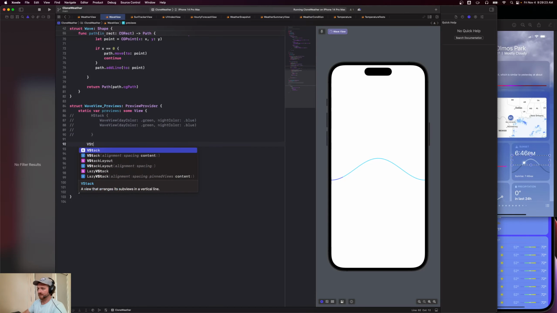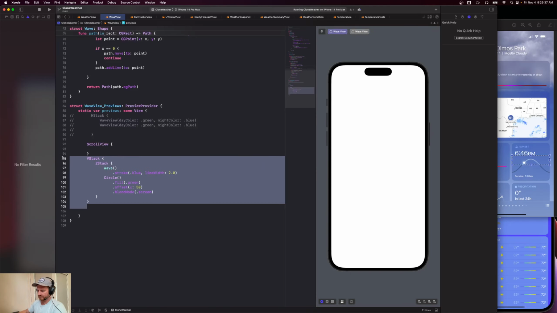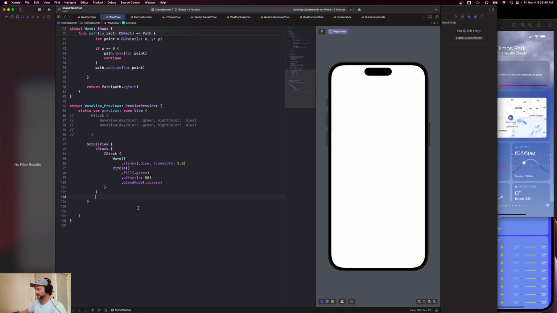We'll do it in a VStack. Shove it up in the top. Nope, in the middle. Whatever. We'll put this in a scroll view. Cool. And then like this, we will